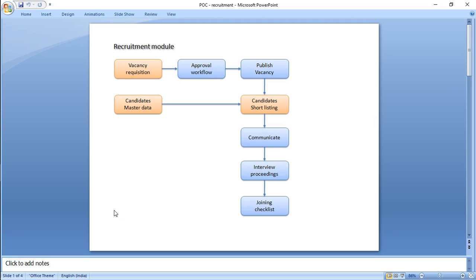So in this video, welcome back to all of you to the recruitment module which we are demonstrating. We have created a vacancy requisition and we defined a workflow and how it's going to work. Now in this video we will be creating the candidates master and show you how it can be created